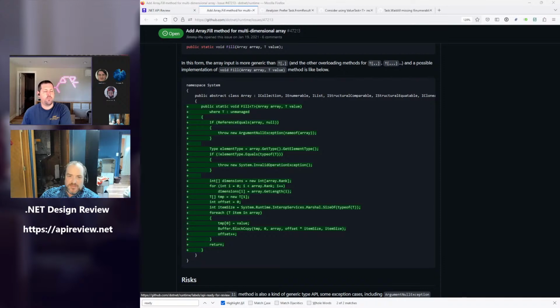Okay, yeah, I'll take back what I said. That wouldn't be a breaking change because before this API, that code would not have compiled in the first place. With this API, the code compiles against the overload you probably did not intend.